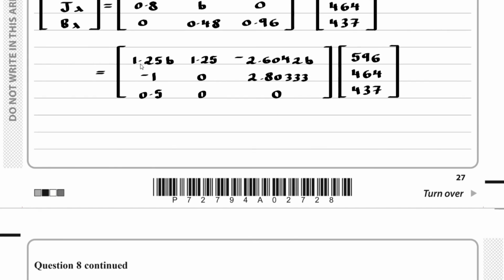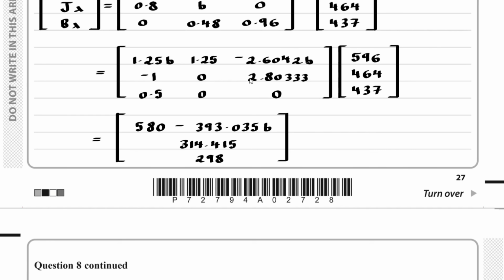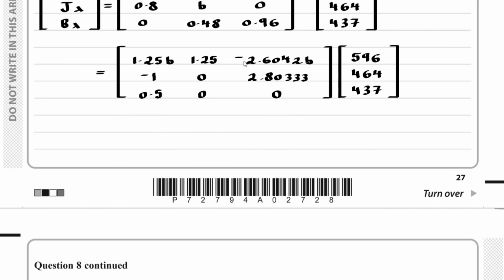And if I do that, I've got 1.25b times 596, 1.25 times 464, negative 2.6042b multiplied by 437, and then